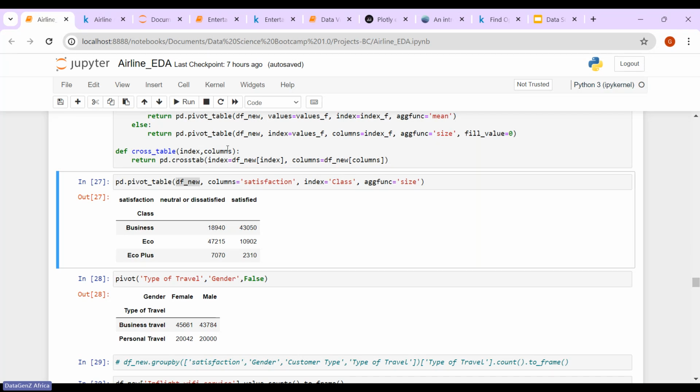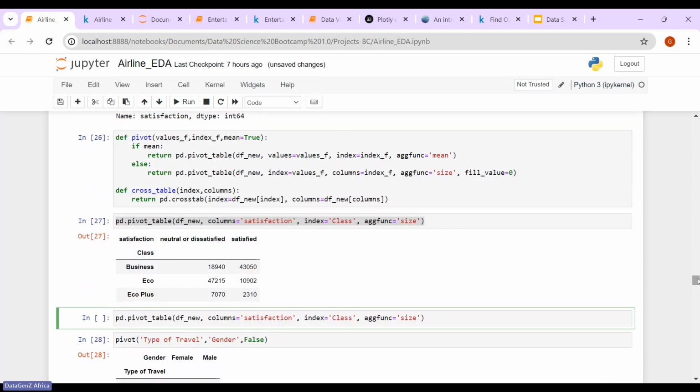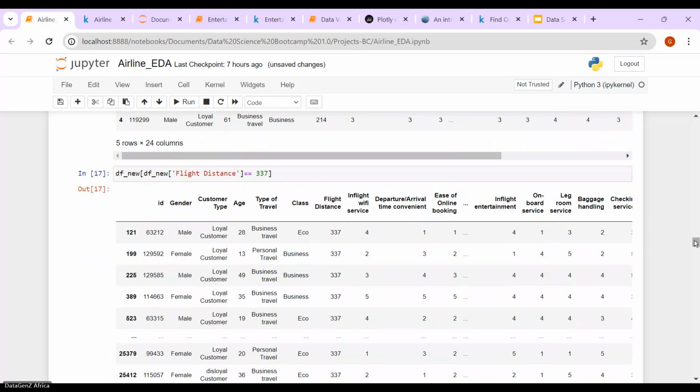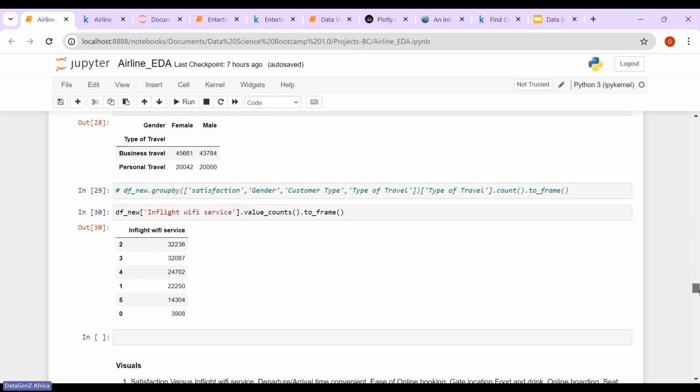So you can do more of the pivot tables, right? Here, I have not even started plotting visualization. I'm just still doing my analysis. So I can check satisfaction against loyal customer, that's a customer type. So when I do satisfaction against customer type,